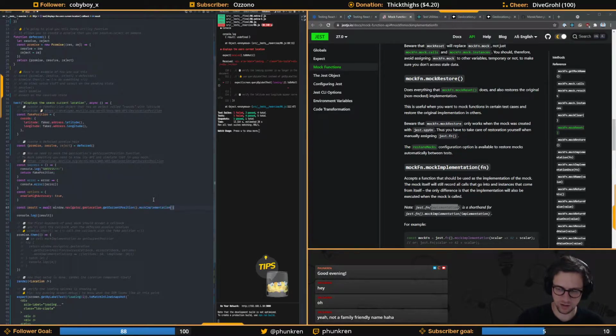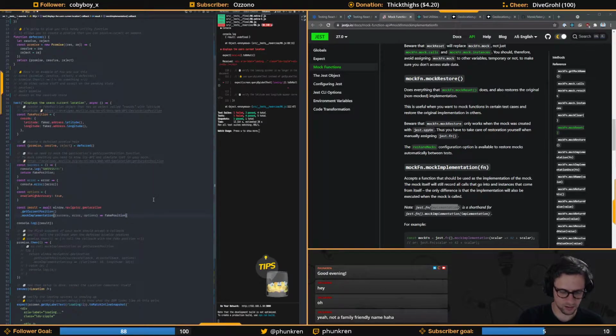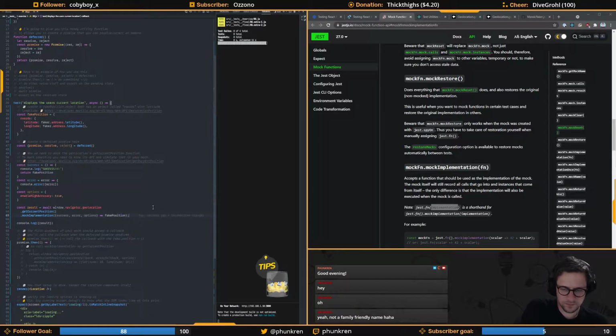The first argument of that is the callback. And then if it tells me that mockImplementation is undefined, sorry, if getCurrentPosition is undefined,